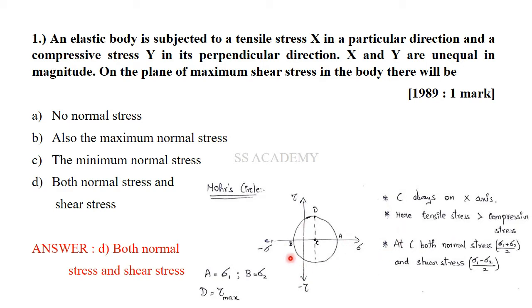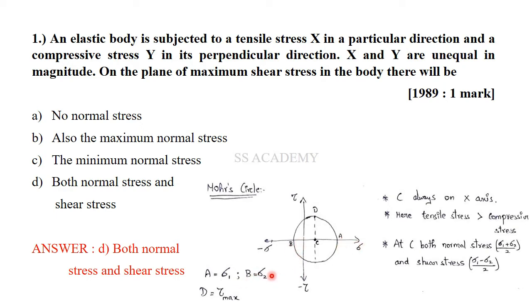Here I have assumed tensile stress greater than compressive stress. So A, which is X, is greater, and so the center gets shifted towards the right, and B corresponds to Y, which is the minimum compressive stress. Minimum or maximum depends on the distance from the origin. From the origin, Y is very small and A is very big. Here I have given A as sigma 1, which is the major principal stress, and B is the minor